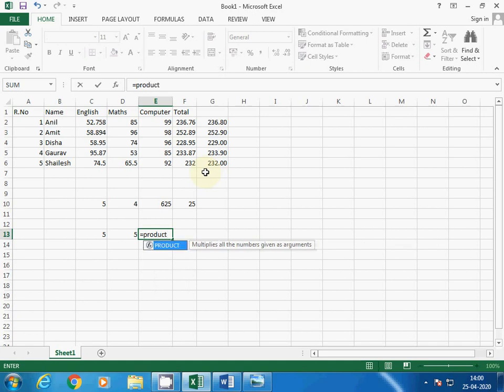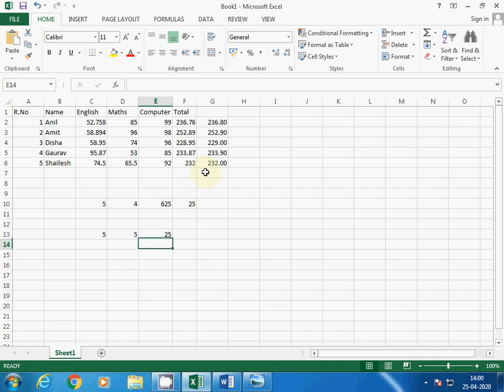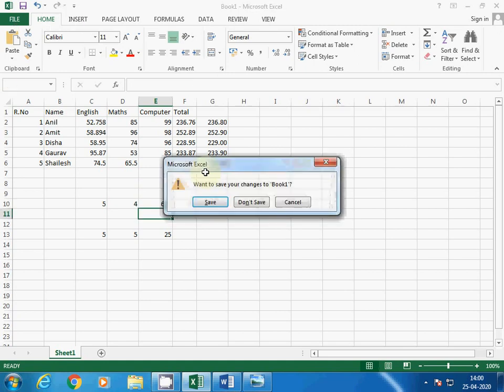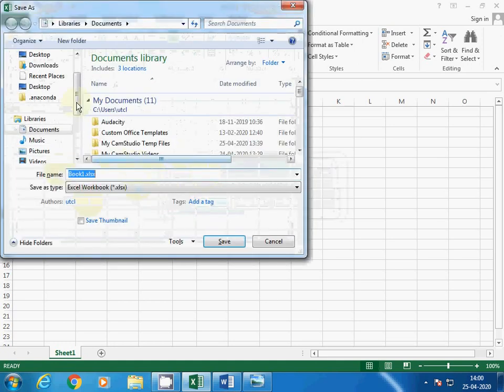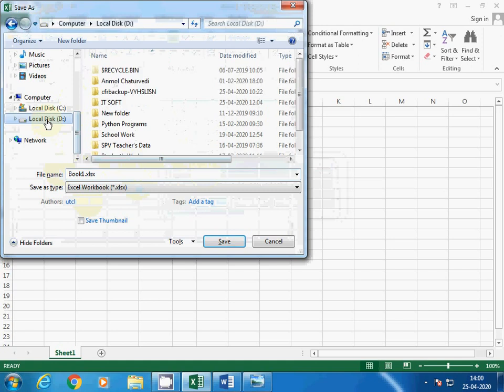For multiplication also you can use the product formula. Suppose you want to calculate these two values in multiplication, then this, comma, number 2, whatever numbers are there you can write in the product formula. So these are some basic formulas used for calculating simple things. Okay, so you can write these formulas and simply generate your list.